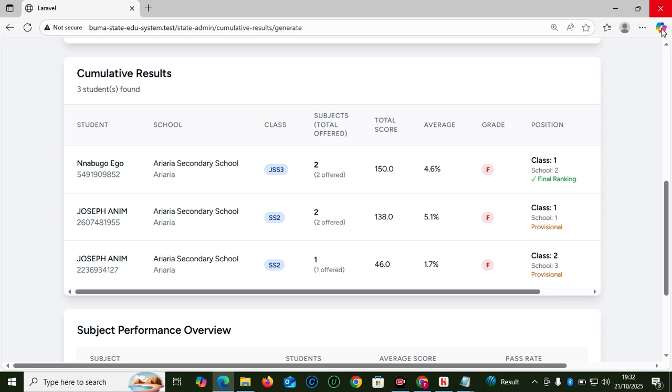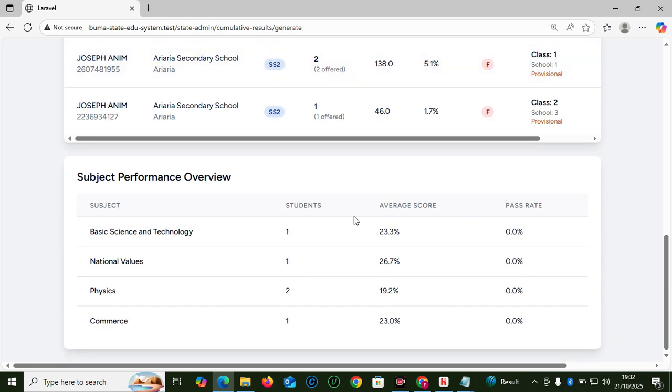So all right, let's quickly recap what we have covered so far. We've looked at how to set up the academic calendar, the foundation, enable and disable resource submission, organize subjects by department, set subject limit by class, approve student registration, view submission grouped by school, and the admin can also register students. We also looked at registration for SS2, SS3 with department and subject. So enter result with automatic validation. We also looked at department validation preventing errors. We also looked at how to generate access codes for students